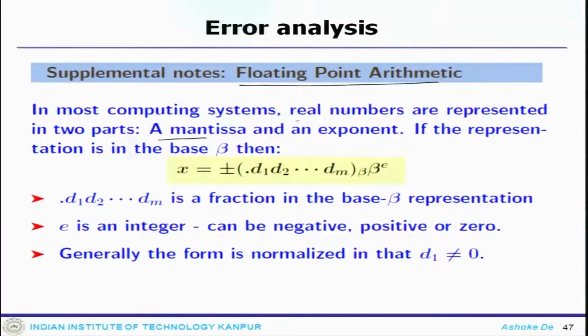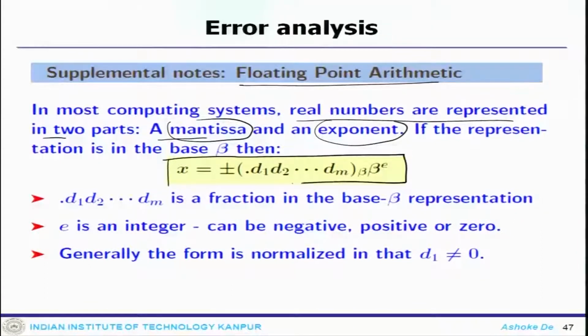Any real number is represented in two parts, one called the mantissa and the other called the exponent. If the representation is in the base beta, then x is written as plus or minus dot d1 d2 d3 dm times beta to the power epsilon, where